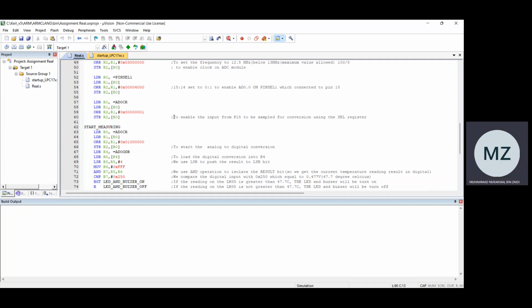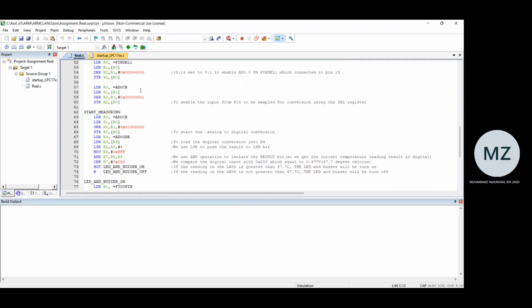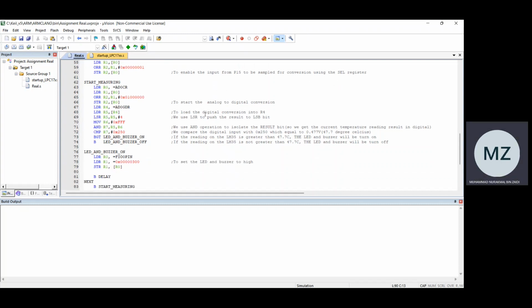And then moving on, we use this paragraph AD0CR to enable the input from pin 15 to be sampled for conversion of analog to digital using the select register. And this paragraph is used to start our temperature measuring. We start with this LDR